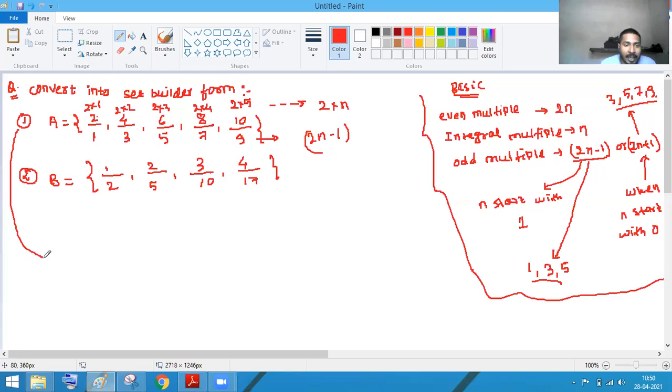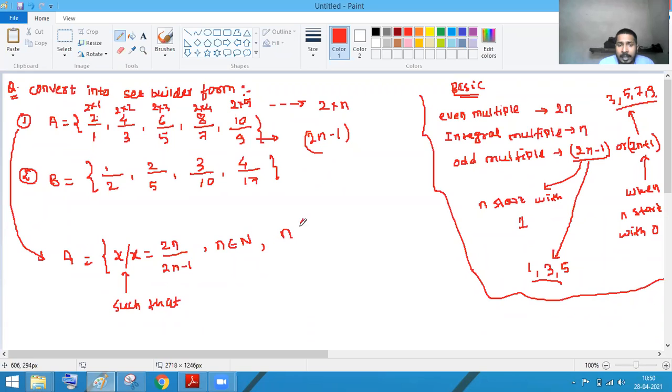So if I have to rewrite the set A in set builder form, I will use this: x such that x equal to, okay? The meaning of this is what? Such that. We are collecting the numbers, that's why the curly bracket. What are we collecting? The numbers. What is the relation in the numbers? That is x equal to 2n upon 2n minus 1, where n belongs to the natural numbers, n is less than or equal to,